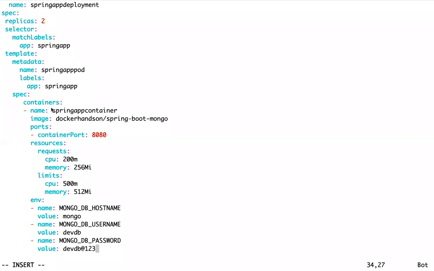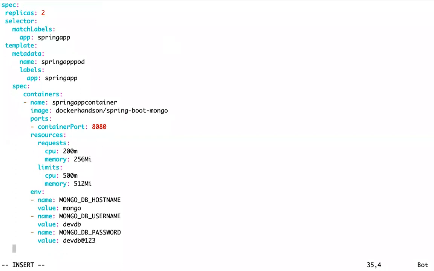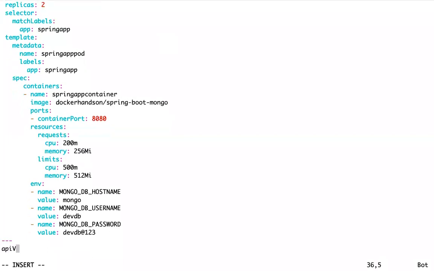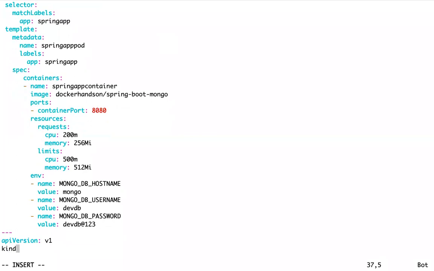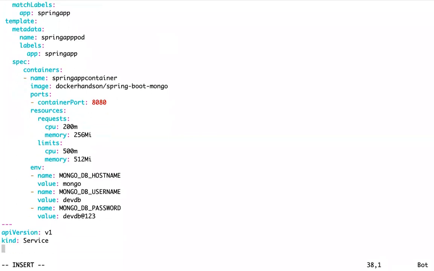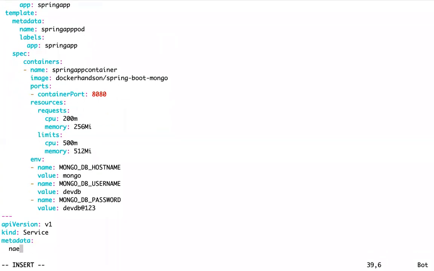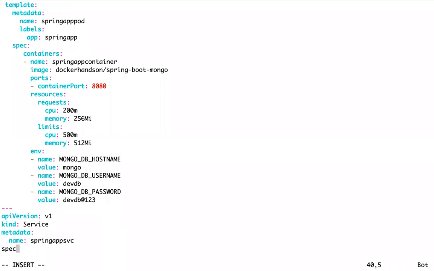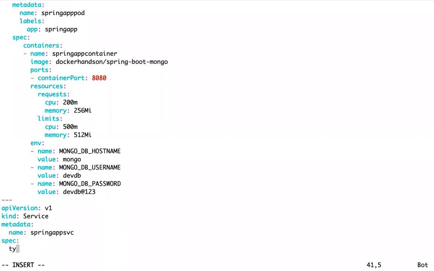Now I want to access this application outside. What do I need to do for this application? I need to create a service. Again, this service of which type?